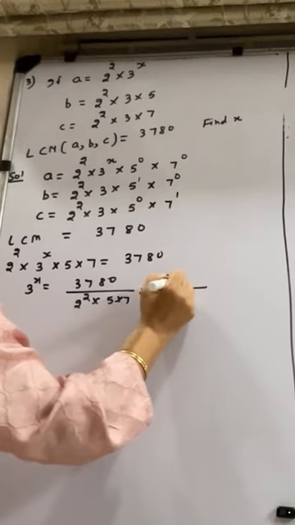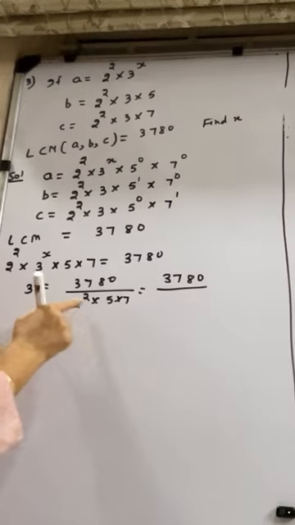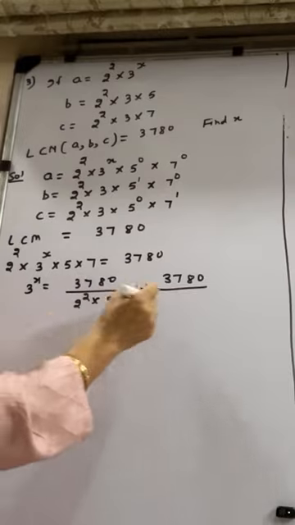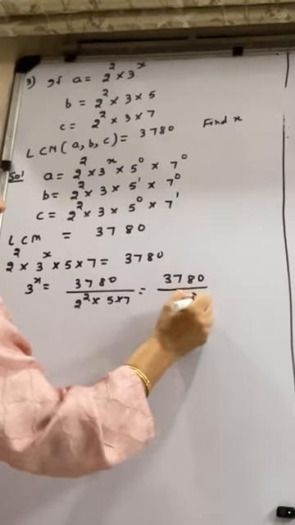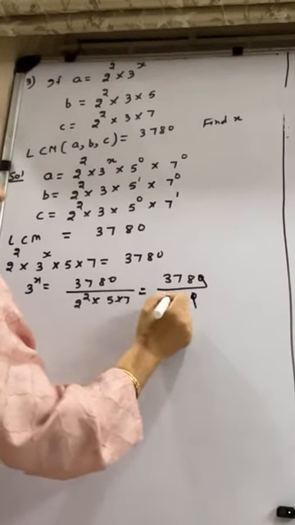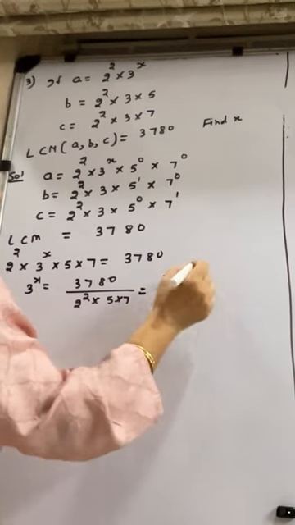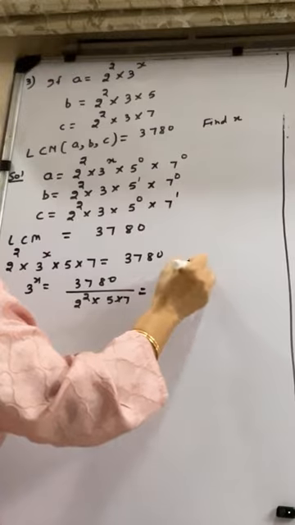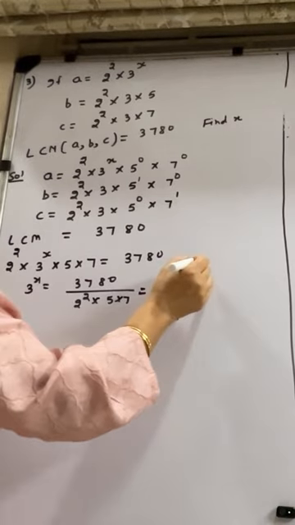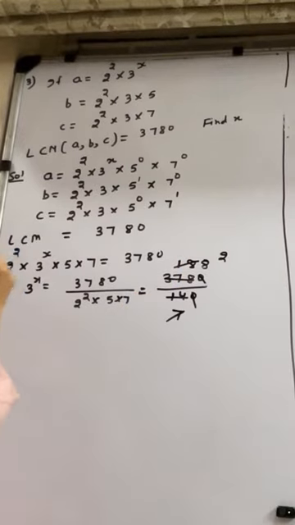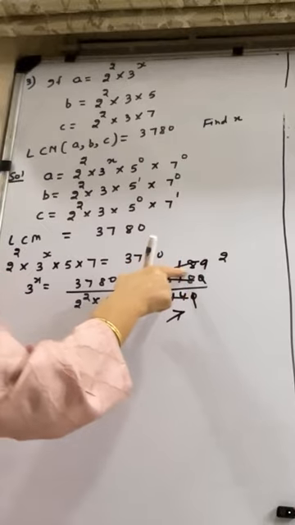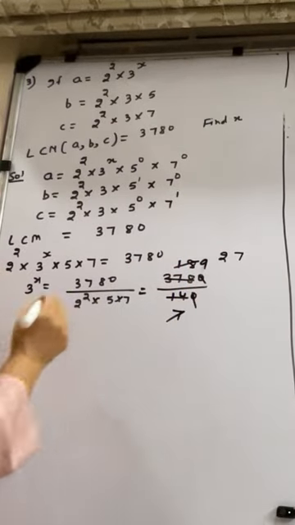Do the calculations. 3780. 2 2s are 4. 5 4s are 20. Right? And 20 into 7 is 140. So the 0 and 0 cancel. It is 378 by 14. First it is going on the 2 table. 2 7s are 14. 2 1s are 2. 2 8s are 16. Is it going on the 7 table? 7 2s are 14. 189. 7 2s are 14. 49. 7 7s are 49.